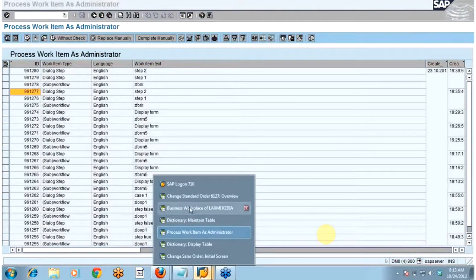Suppose there is a 3 level of approver, and whenever the first level or second level, suppose the DFM of the company sees that particular sales document number and approves, then the workflow should get completed and the work items present in others' inbox should also get removed.